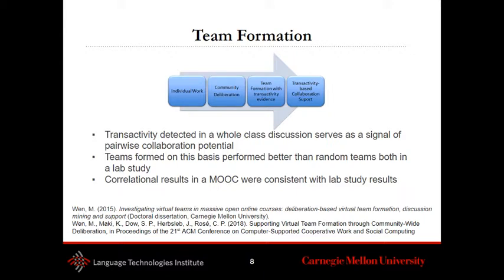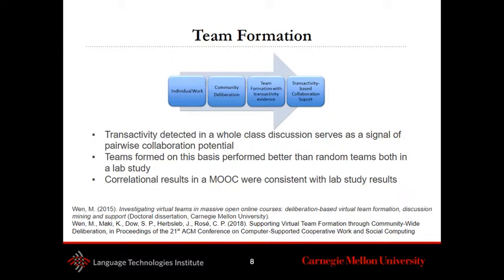Students would first come into the course, they would do some individual work, they would post that work to a public discussion forum. Then the class as a whole was assigned the task of offering feedback to 2 or 3 other students in that discussion forum.